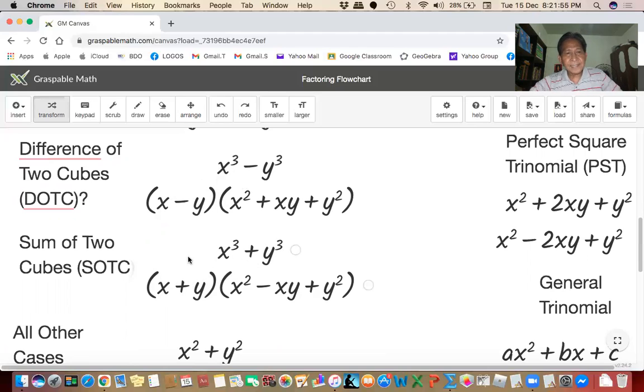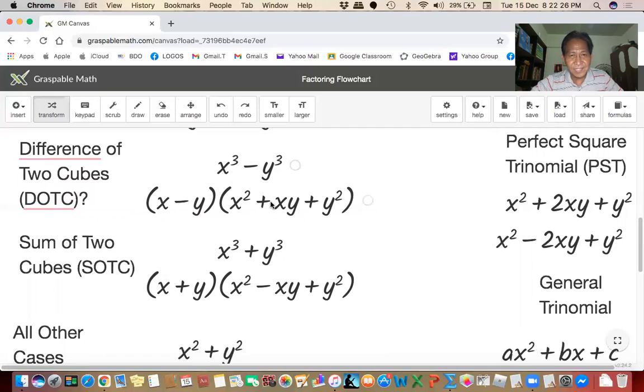Now, after you've gotten the binomial, you can forget about the original problem. The trinomial will come from the binomial. So how do you do that? You square the first term, so x becomes x squared. And then as I mentioned earlier in the difference, you just reverse the sign. So the middle terms have opposite signs in the case of the difference and sum, because they're opposite the sign of the binomial.